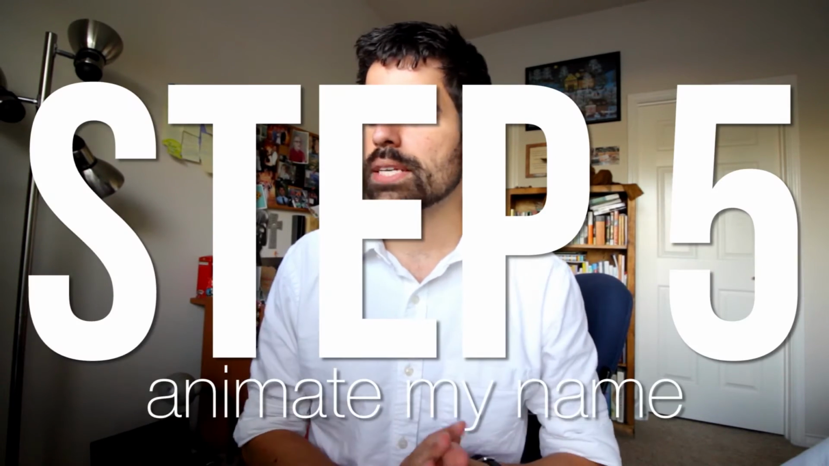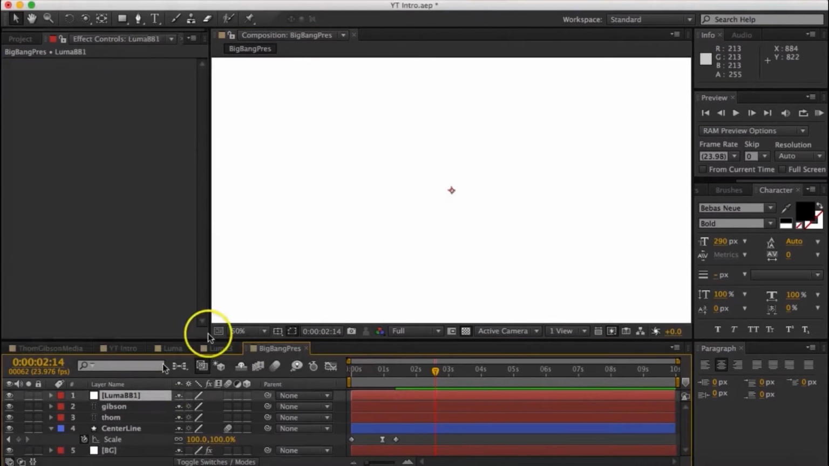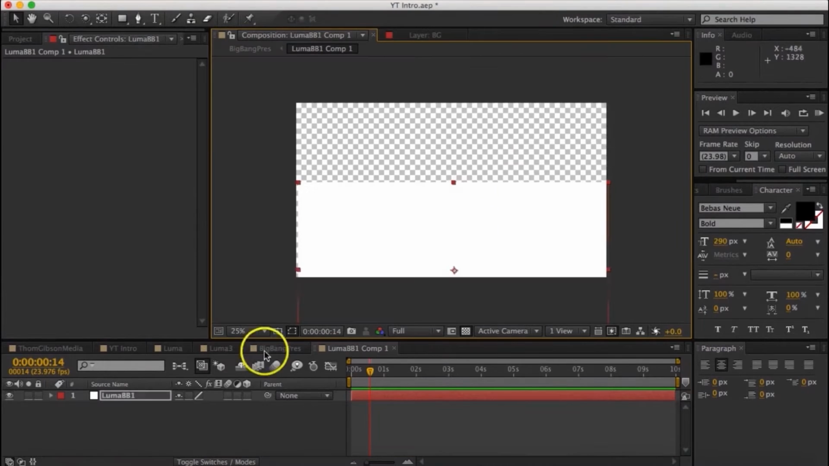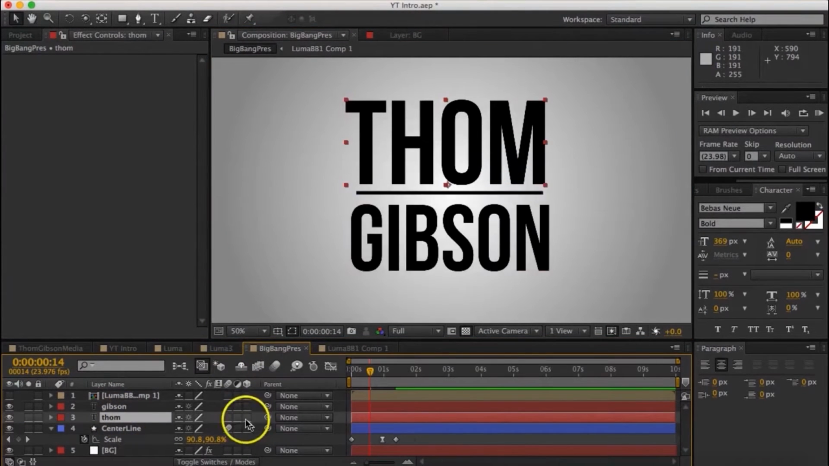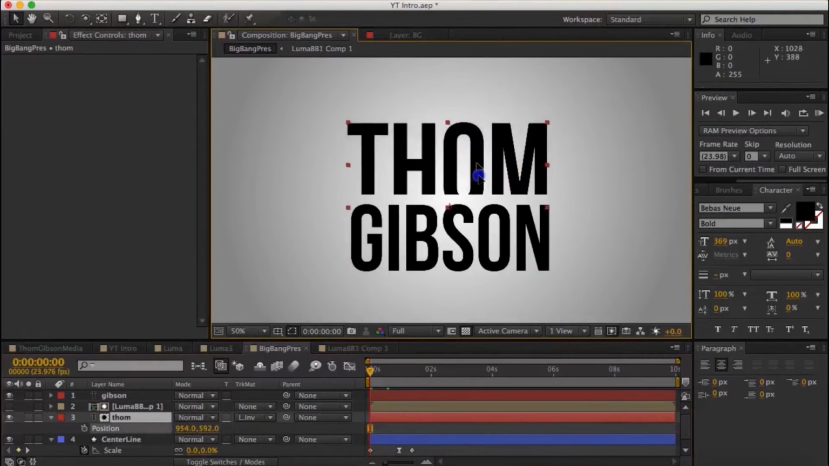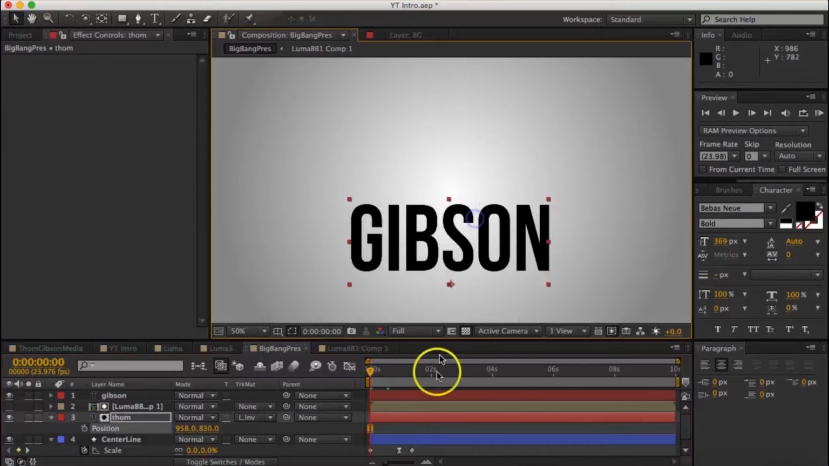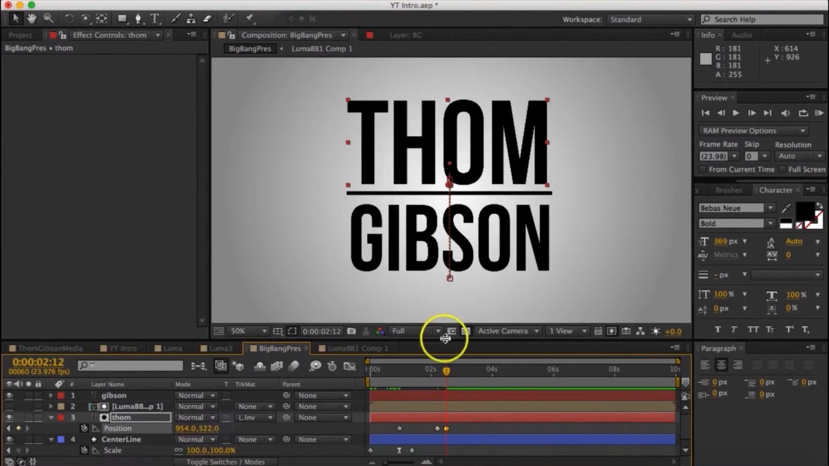Step 5 was to animate my name. I had to create what's called a Luma mask, which is basically a hidden layer. I lined the hidden layer up with the center line, and then I made it so that I couldn't see the hidden layer, but it was still there. And then I basically looked at my first name and said, okay, I want you to treat the hidden layer like it's still there, and I want you to hide behind that hidden layer until I tell you to come up. Using keyframes, I basically said, okay, at this point, I want you to be down here behind the layer,